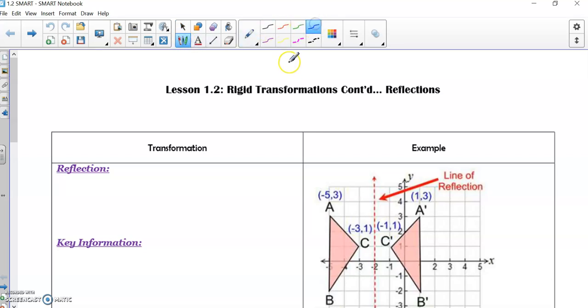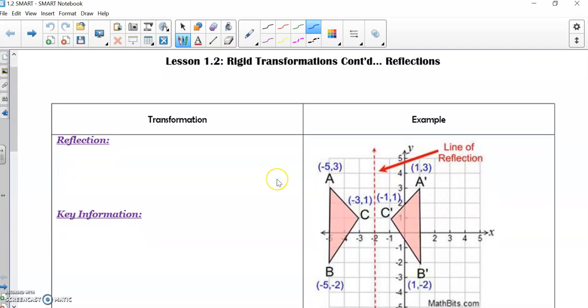Hey guys, so we are going to continue with our exploration of transformations. Today we're going to focus on reflections. And I know you all have heard the word reflection before, so this one will actually be probably pretty intuitive. So a reflection in the world of geometry is basically a mirror image